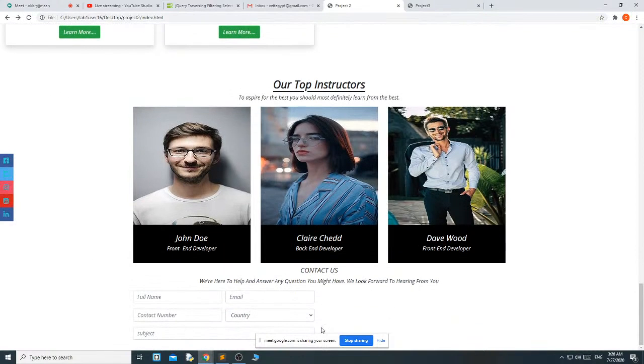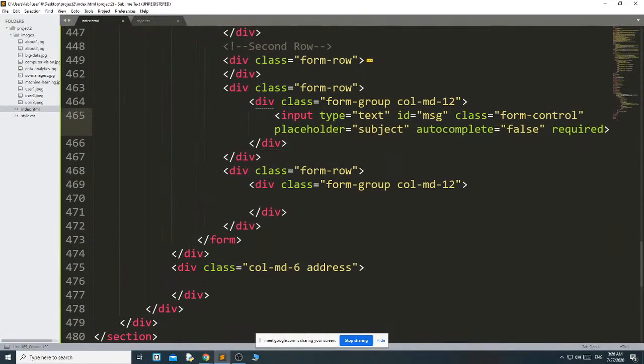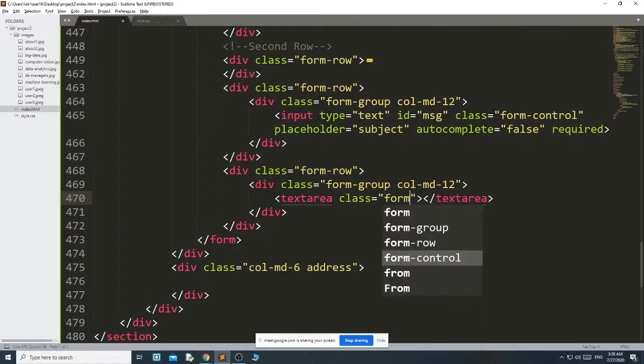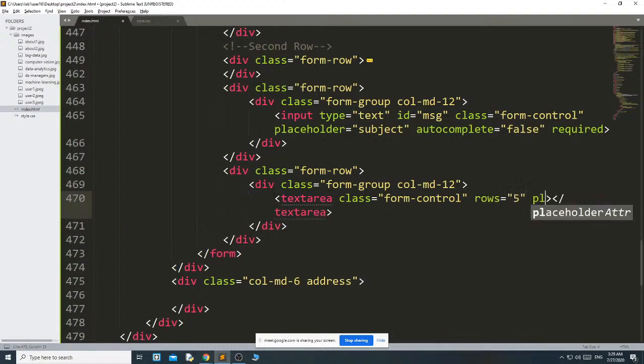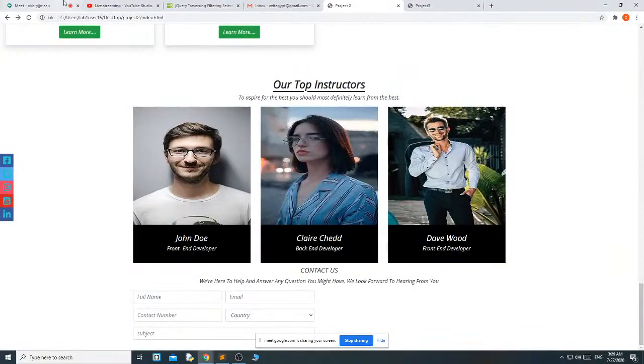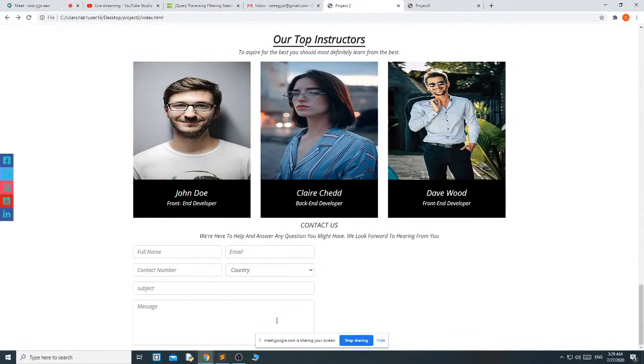Okay, it takes the complete 2 columns. Then like that, in the second one I have a textarea, so I just use textarea, class form-control. I need 5 rows by default, and placeholder message. Okay, by default it gets 5 rows.